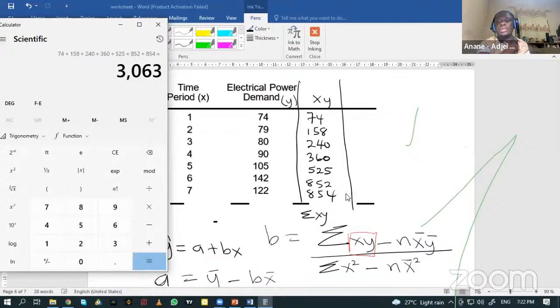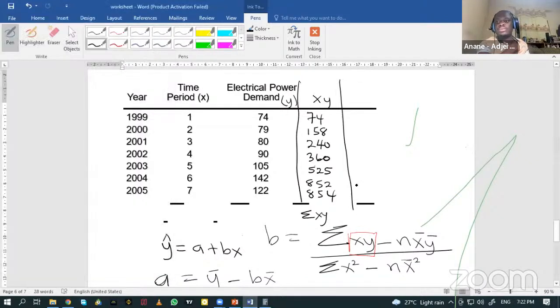Good. I think you guys are following up. So the sum of XY is equal to 3063. So all this side of the formula will be replaced with